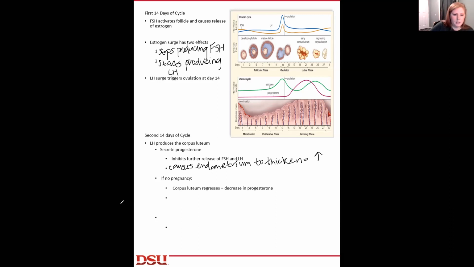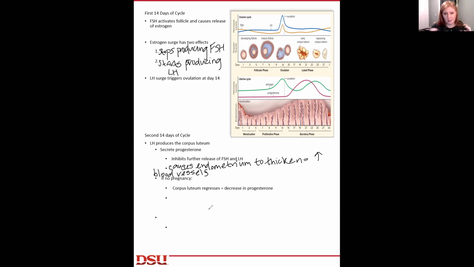We get an increase in vasculature, or in blood vessels. This happens with the intention of supporting a pregnancy, okay? So the thickening endometrium with more blood vessels is going to be required if a fertilized egg is going to implant, okay? If, however, that doesn't happen, then the corpus luteum